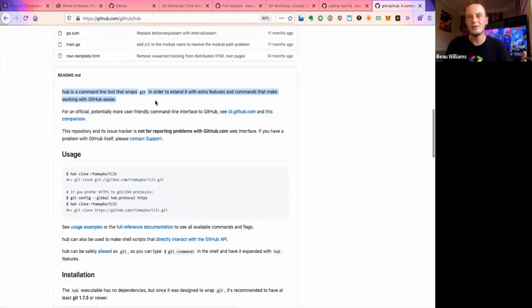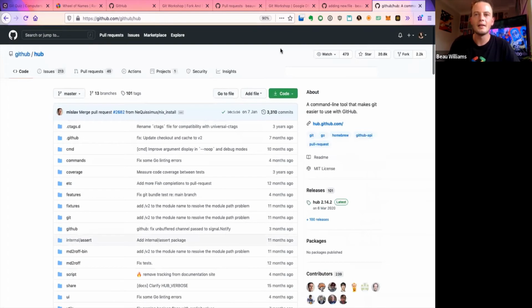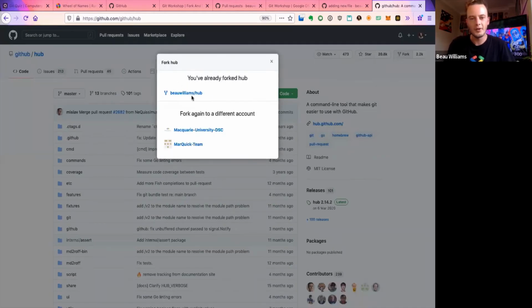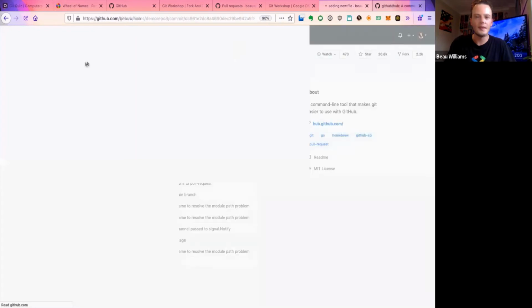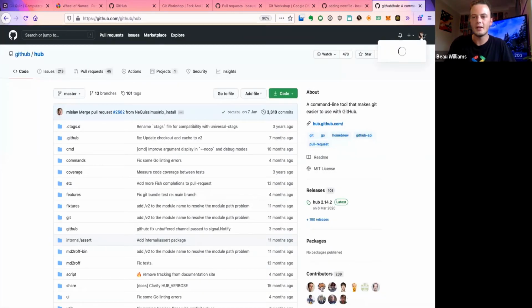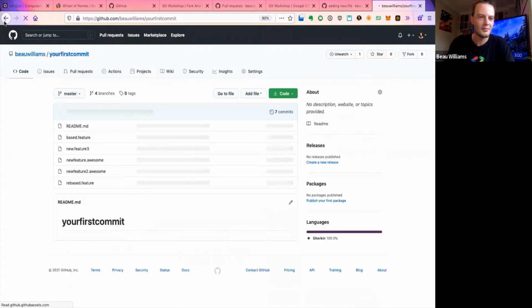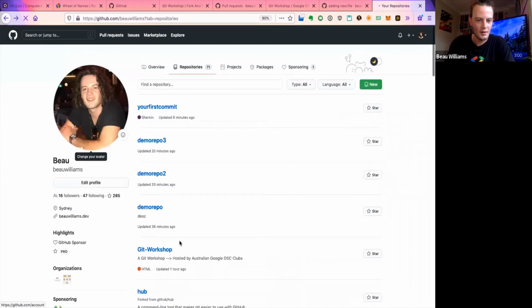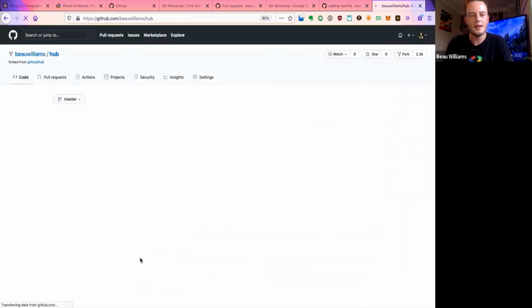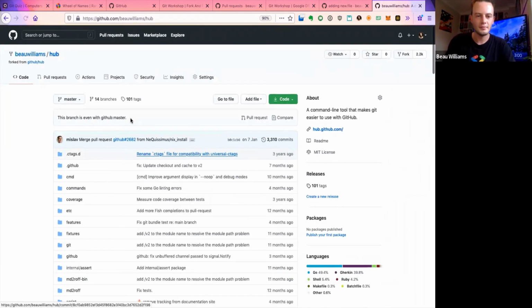This is spelt wrong, or it's the wrong command, and I see an opportunity for me to fix the problem for them. So what I can do is hit the fork button, and it's going to say I've already forked it. You can fork it to your local profile. And then we can see in here that it ends up in our repositories. So it's right here, your first commit. Oh, sorry, that's the wrong one. So it ends up here with the hub repository.